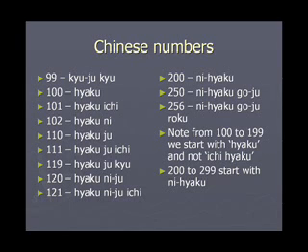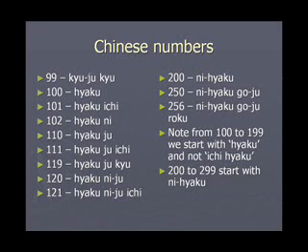We can go to hyaku ju, which is 110. Then we will continue hyaku ju ichi, hyaku ju ni, and so on. We can go to hyaku ju q. After that we can go to hyaku niju. After hyaku niju, we can go on to hyaku niju ichi, hyaku niju ni, hyaku niju san, and so on. We will reach 200, which will be ni hyaku. Just like we had niju, we now have ni hyaku. After ni hyaku, ni hyaku ichi, ni hyaku ni, so on and so forth, we can go on like that.